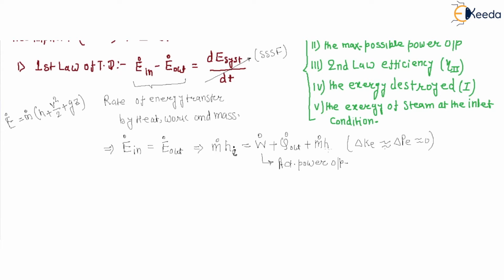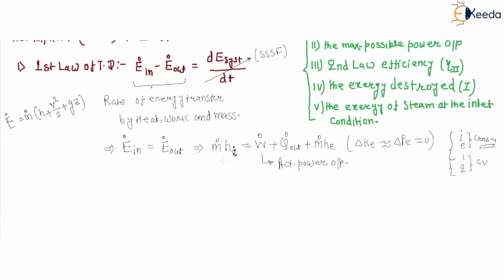This is your HI. This is your HE. So keep in mind, I, E, 1, 2. I is associated with the inlet and exit stream, and 1 and 2 are associated with state 1 and state 2 of the control volume. So this is the control volume, and this is your inlet and outlet cross section. This is cross section, right? So you have to keep in mind, this is your I and E.